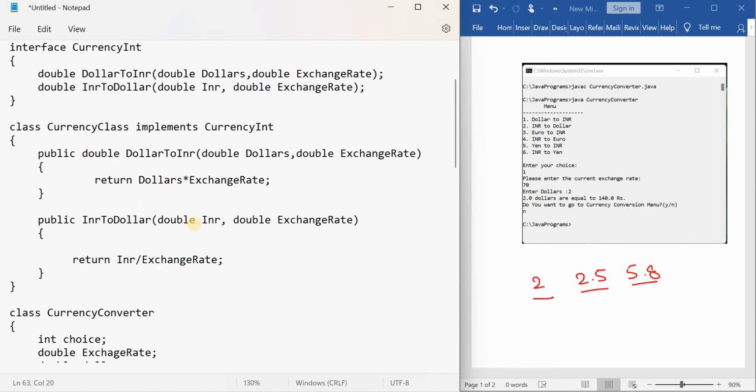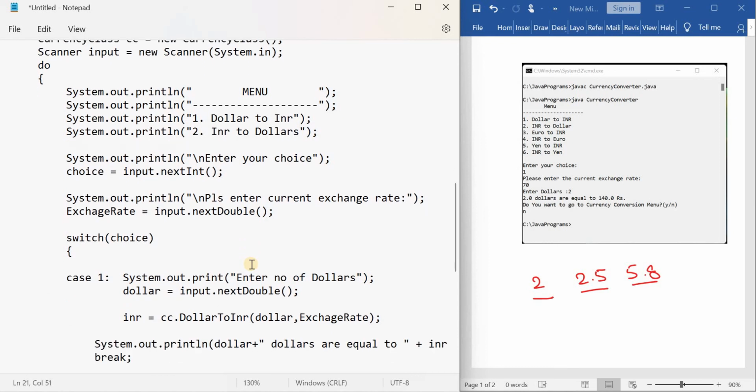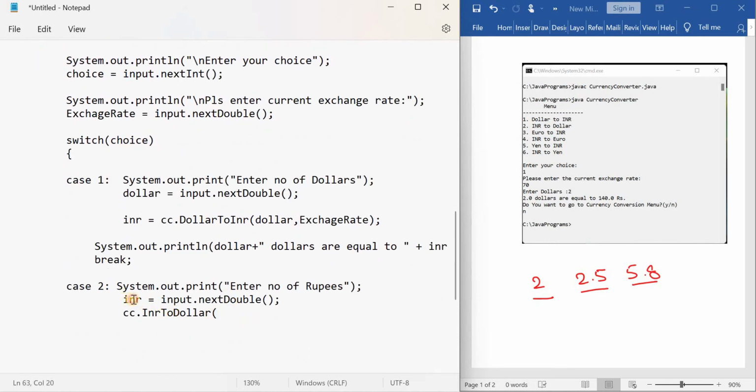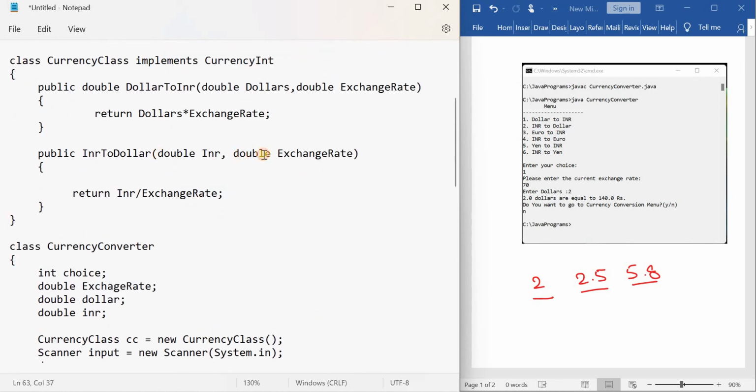And remember, it also requires two values: the number of rupees as well as the exchange rate. We had already accepted those two values from the user. So what is the rupees? INR. Pass that value, as well as the exchange rate, which we had already accepted. Copy that and paste it here. Once you pass these two values to this method, it is going to do this calculation and return the result. Here its return type is double. I forgot, right here, double.